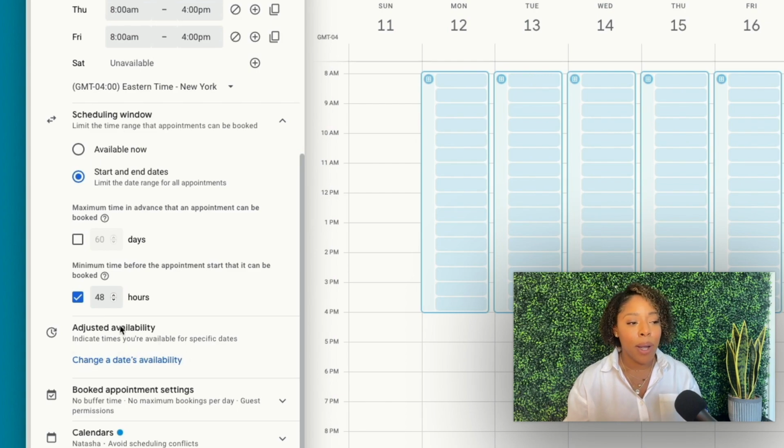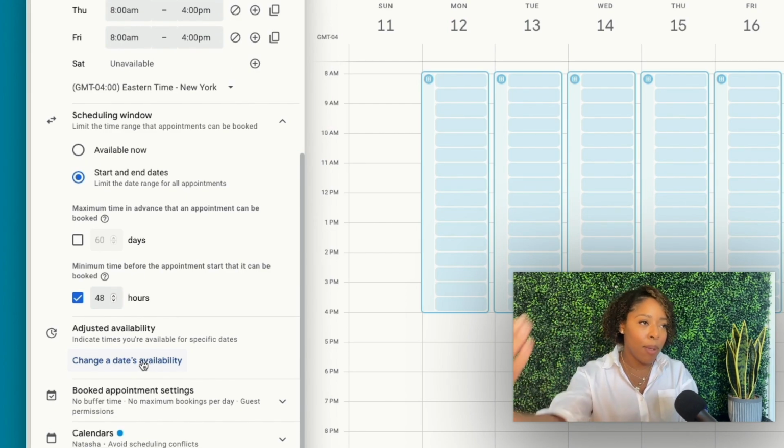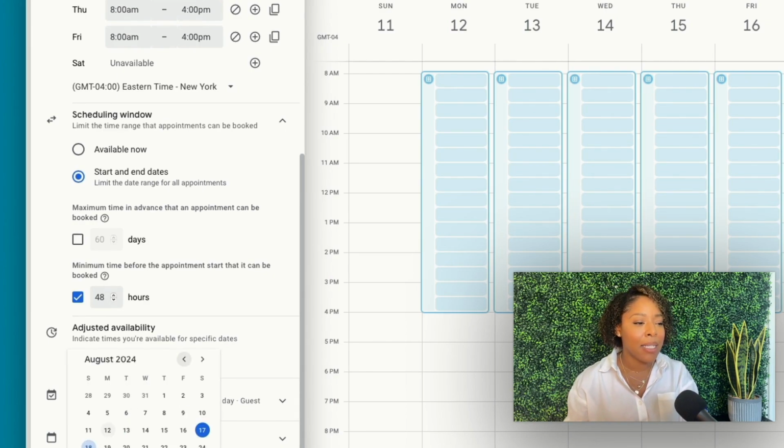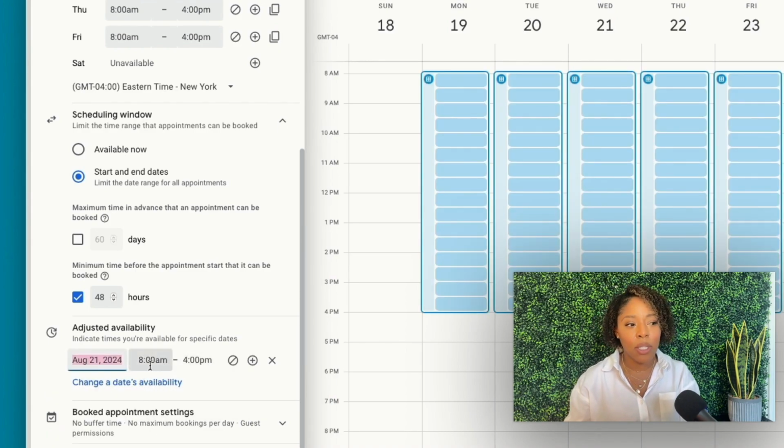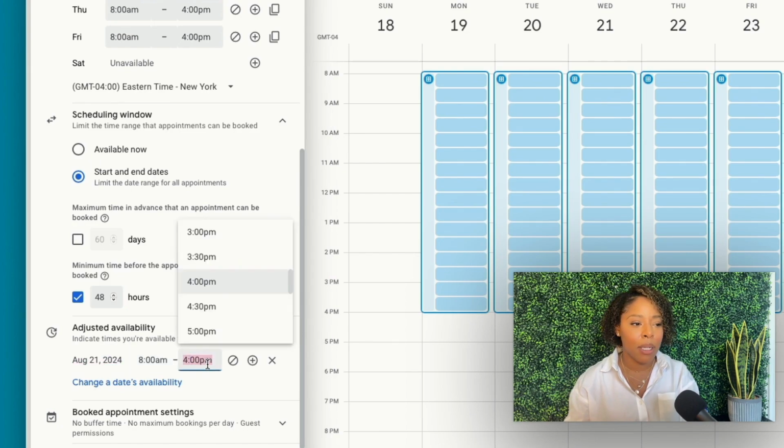And then here's where I was saying, just put your scheduling window from now to never, because here you're able to update your availability just kind of on the fly. So let's say you keep this in mind because this is your only booking site that you're using at the moment. But let's just say, oh, you saw an email come through from your local realtor board and they're having a CE course, continuing education course, on a topic that you're really interested in, right? So let's just say that is happening on the 21st. So what you could do, they're typically lunch and learns. So what you could do is just schedule your availability to be between,